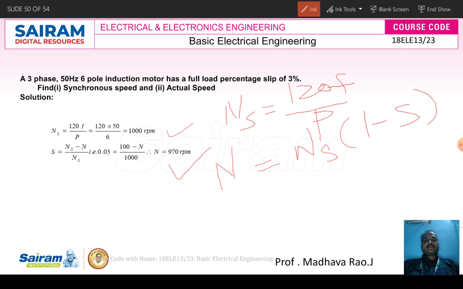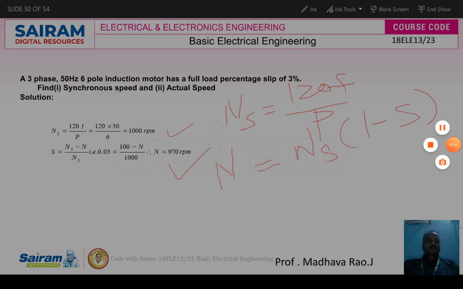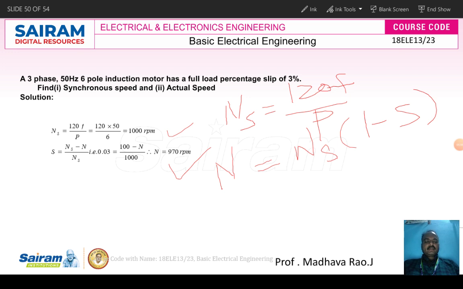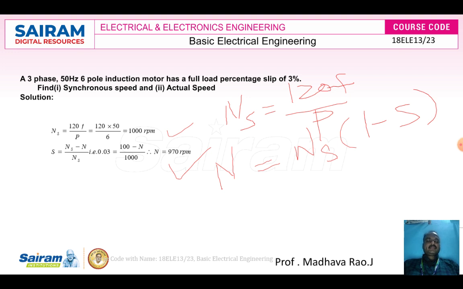That is one of the important questions they may ask in the examination: why is slip never zero? If you compare the synchronous speed and the motor speed, the actual speed of the motor will never equal the synchronous speed. So an induction motor always runs at less than the synchronous speed. That's why slip is never zero in an induction motor. And coming to the next one,